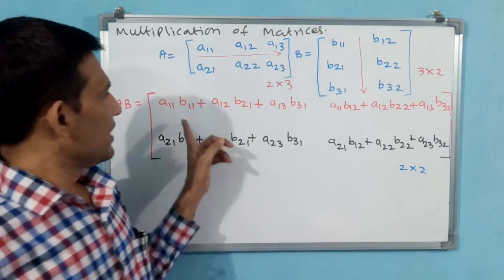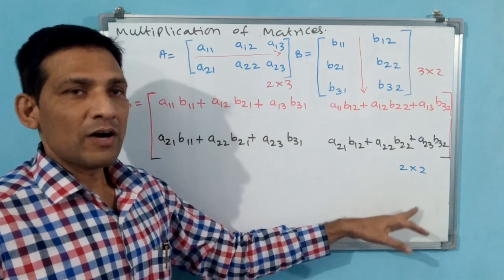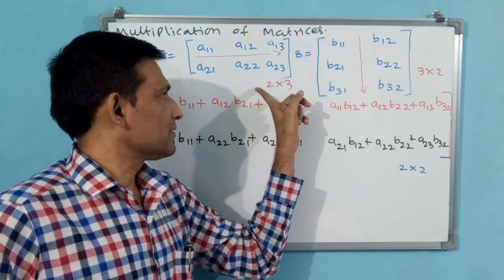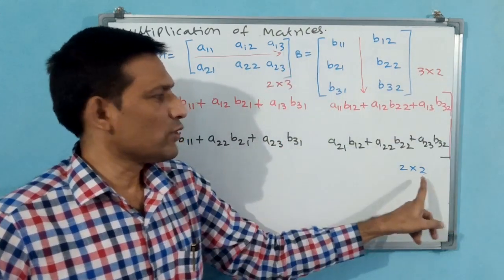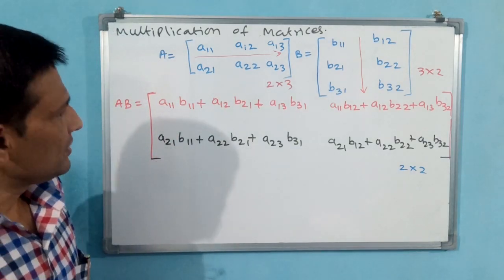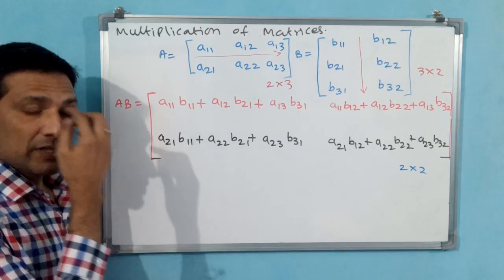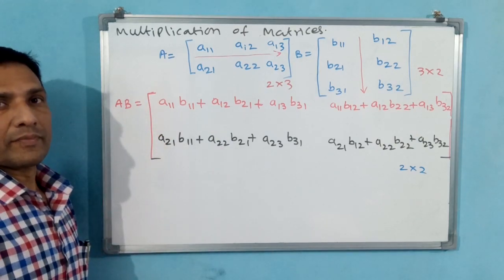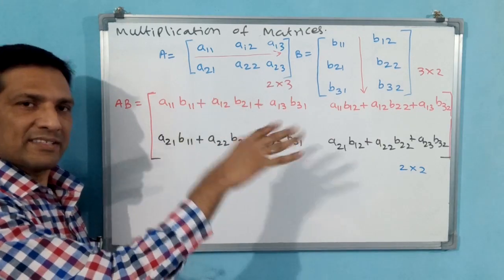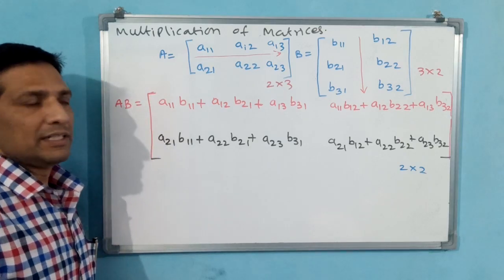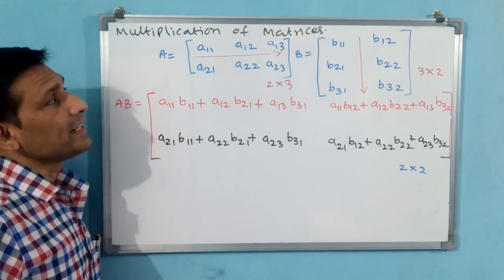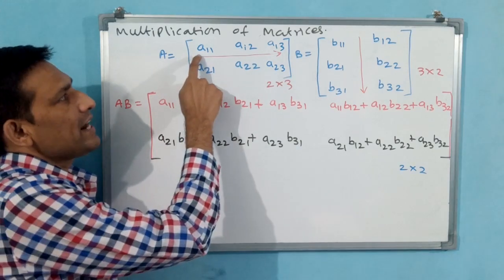Okay, now you see, the resultant matrix is going to come 2 by 2. How do you see here? 2 by 3, 3 by 2. 3, 3 matched. But this is not matched; 2, 2 is going to come as the resultant matrix. You understand? See, this is very important. Here several students will make mistakes. First you have to see A columns, B rows matched, then you perform, or else it is not possible. After that also you draw one line, because this line will guide you how to go.